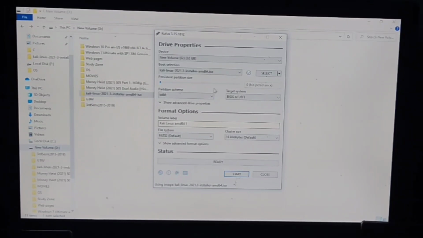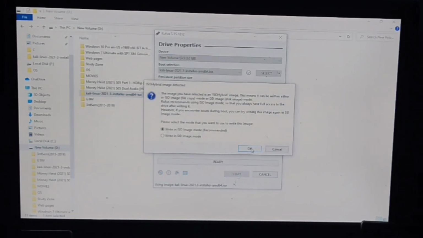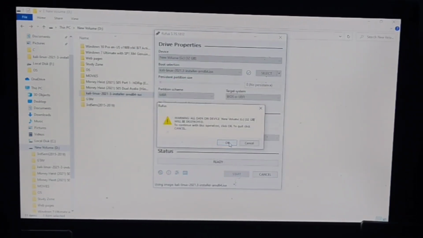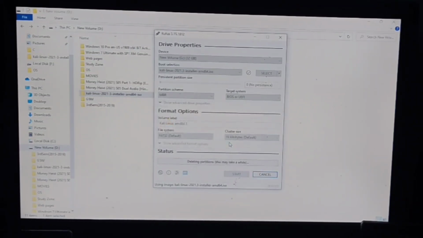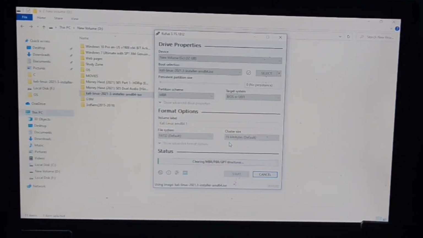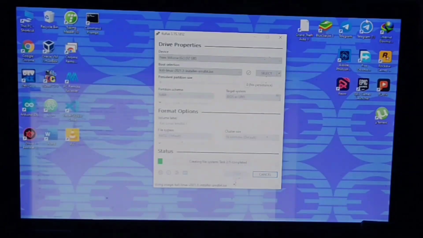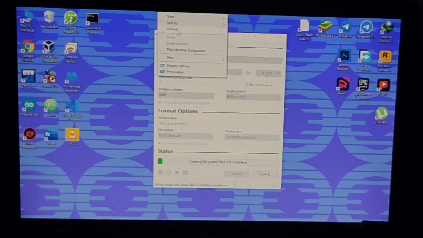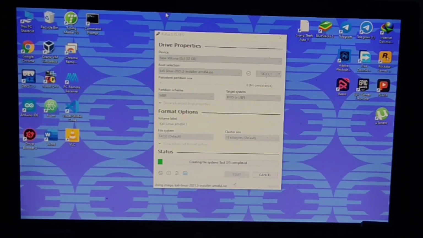After some time you see the Kali Linux ISO file shown there. Don't click anything else. You click the start option. OK, and then again OK. After some time the pen drive is ready and bootable with Kali Linux.